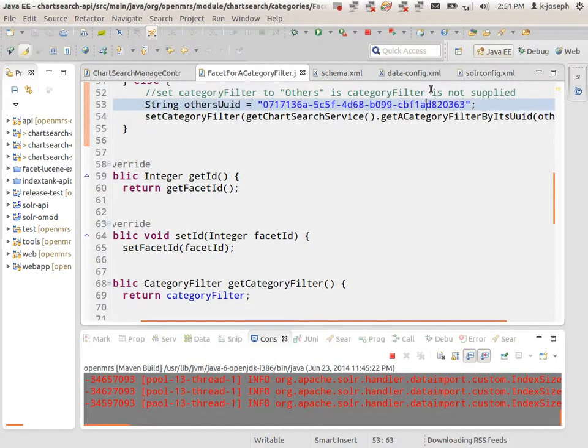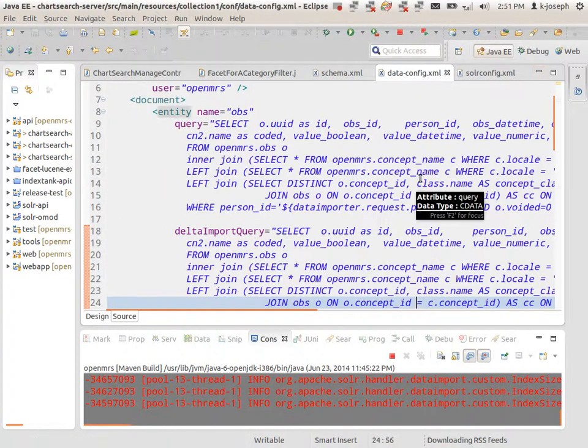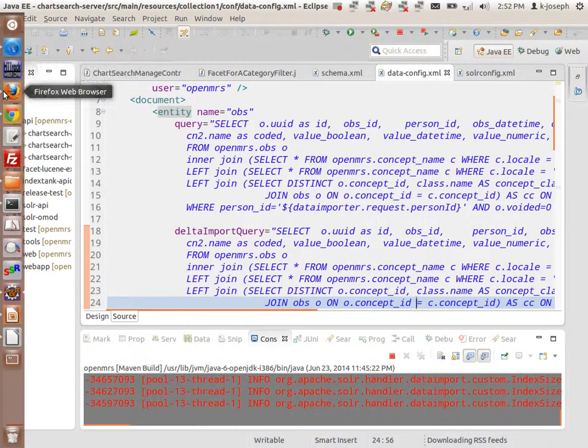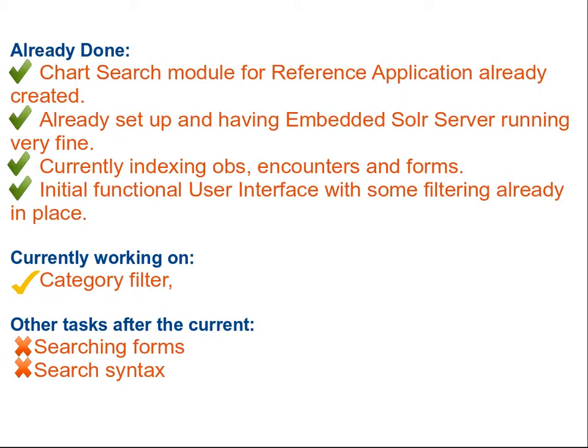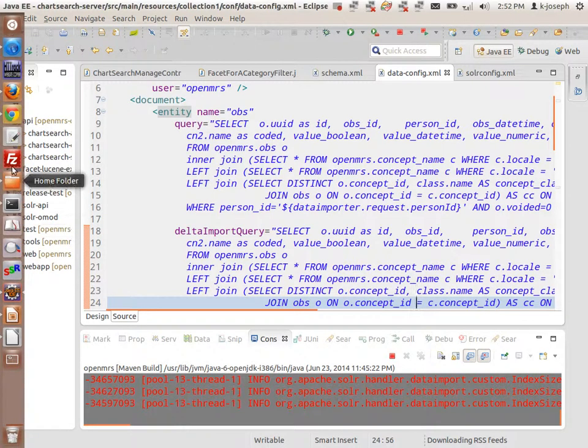For the major code, you can visit the modules repository on GitHub, and you will see much of my code there. Okay, before we go to the next task, it's good if I share